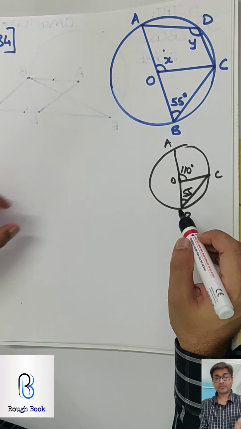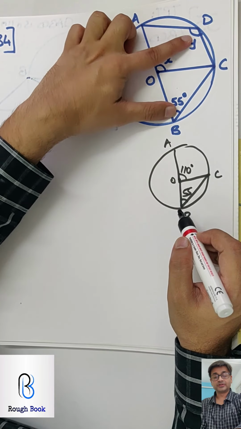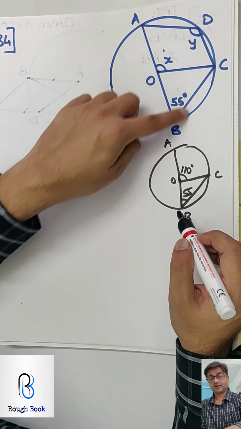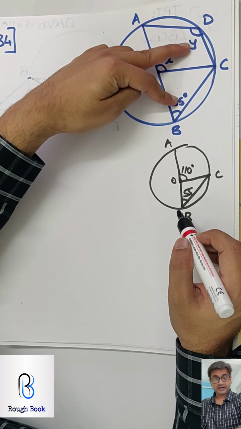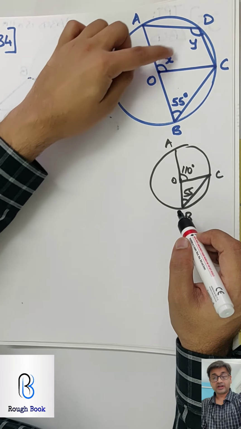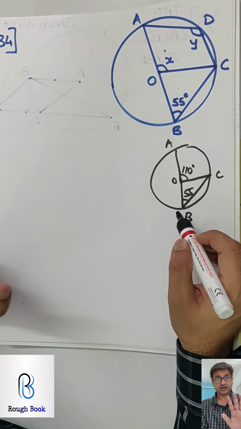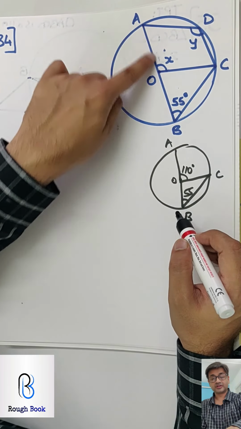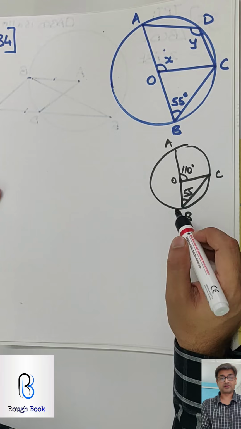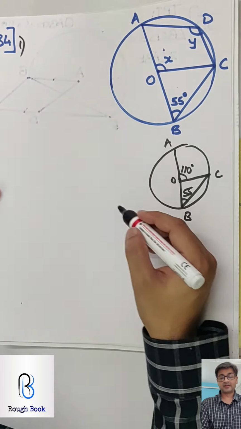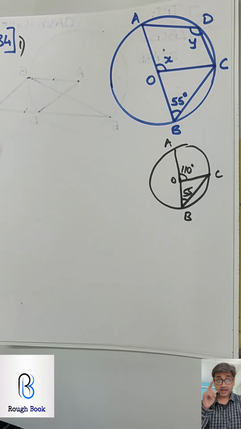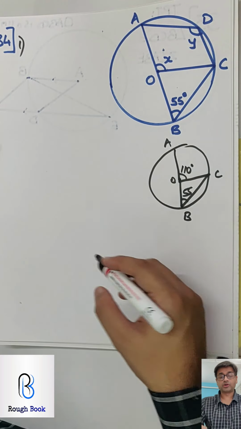How about y? So these two angles are opposite angles of the cyclic quadrilateral, so their total is 180. And then you can find this. Don't take x and y as supplementary because AOCD is not a cyclic quadrilateral. This is not on the circumference. ABCD is a cyclic quadrilateral. Okay? So come on, let's write. That's simple now. Pause and everyone must attempt this on your own.